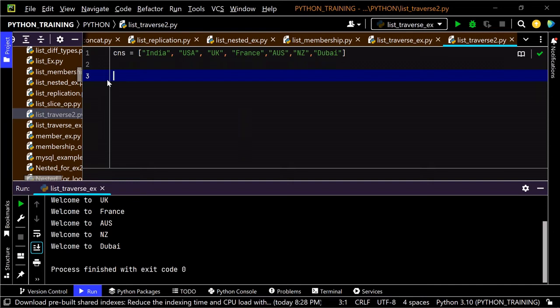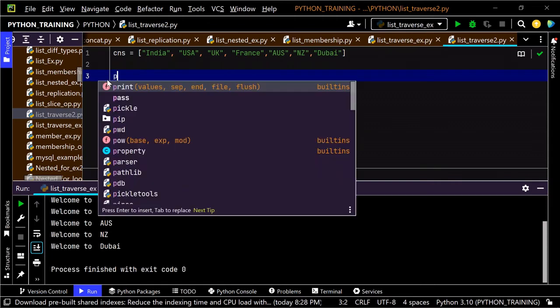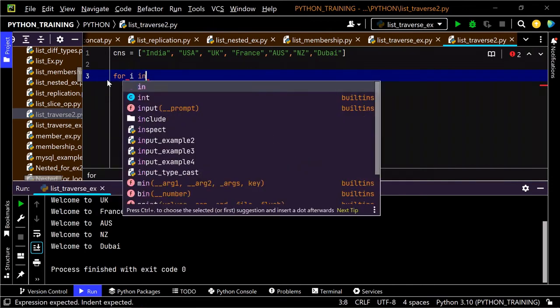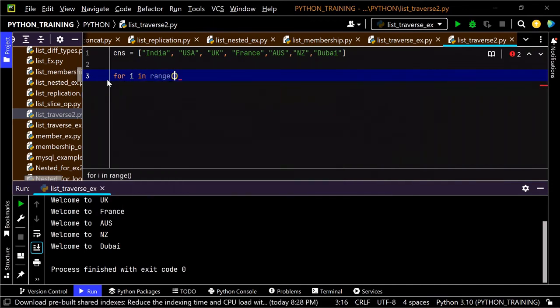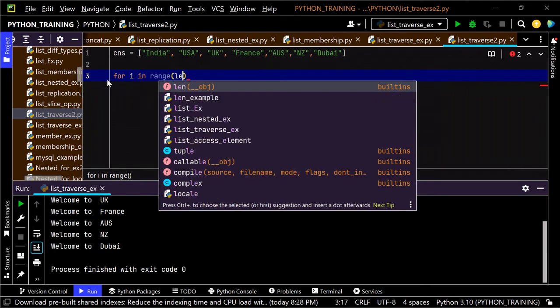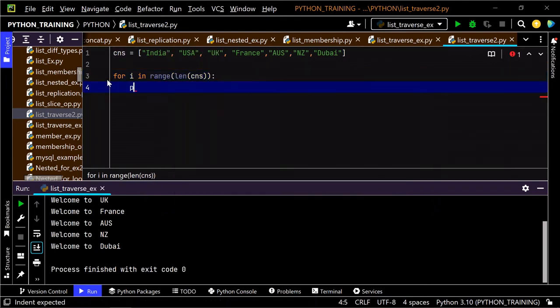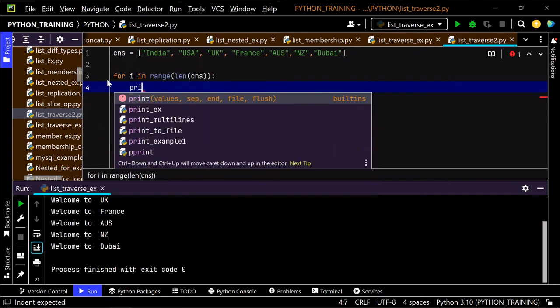I want to iterate using the index. I can specify for I, meaning index, in range of length of the list, that is CNS. This is the second one, and then I say print